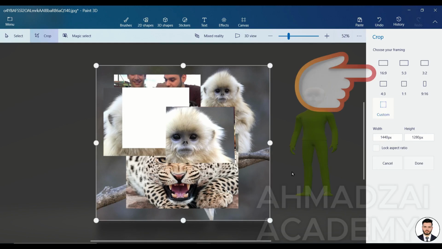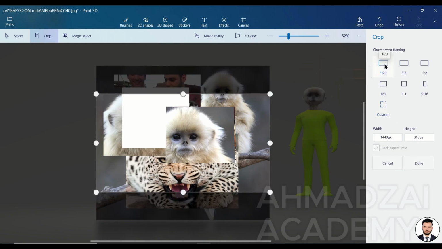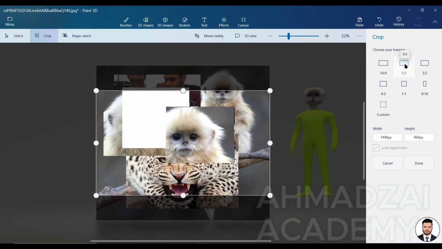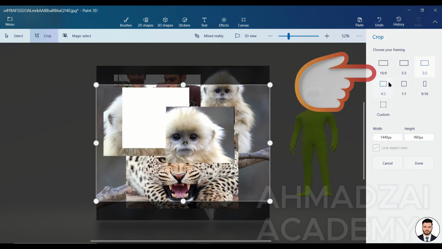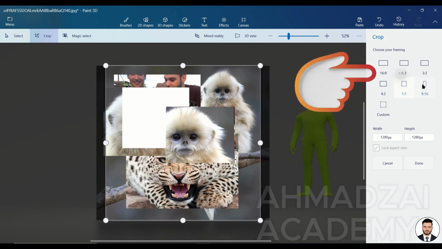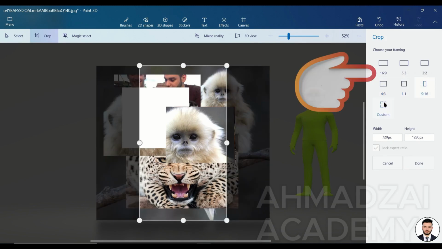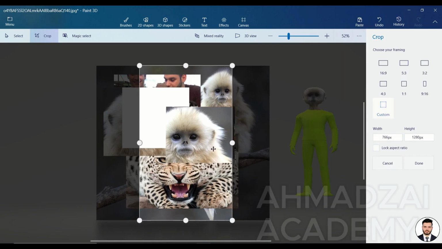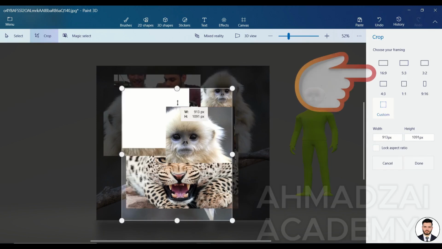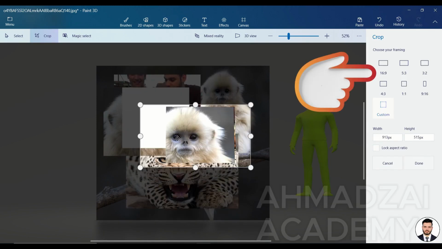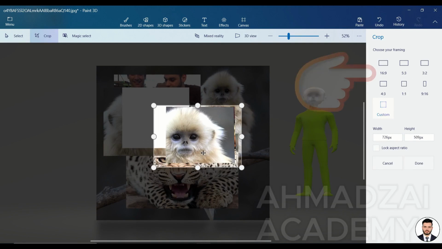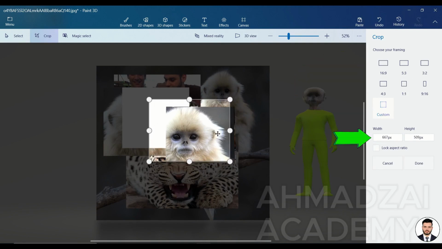In the crop section, first we have the dimensions themselves, just like we learned in the photo viewer program. So our selection frame could be 16 by 9. It could be 5 by 3. It could be 3 by 2. It could be 4 by 3. It could be 1 by 1. It could be 9 by 16 or custom. Meaning, I can specify myself how wide, how long, how much space I want to crop. I can select that. Or we can even take the selected area and assign it a specific value